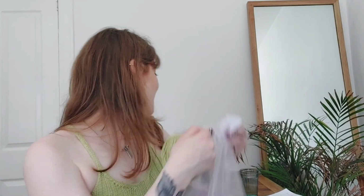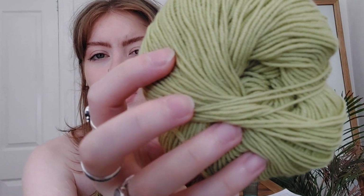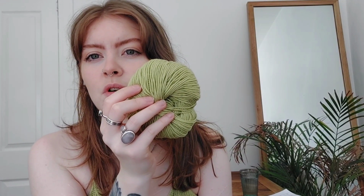I'm going to be awful with names of everything basically, but I can't find the ball band. No, I can actually. So I knit this in Drops Baby Merino. This is the colour. That does not show up. It's a lot brighter, and a lot more yellow than that. I'm pretty sure it's called Lime. I got it